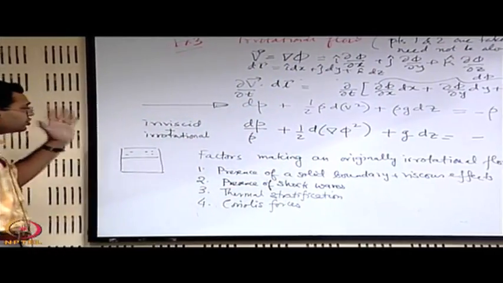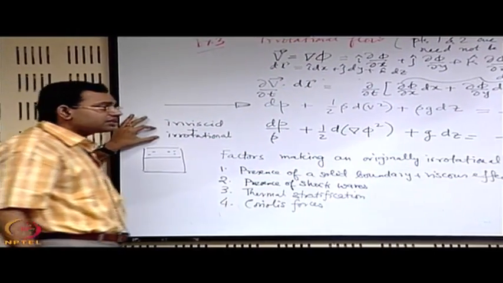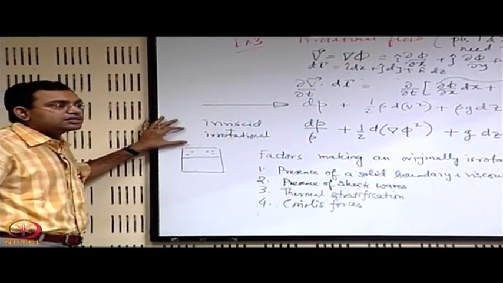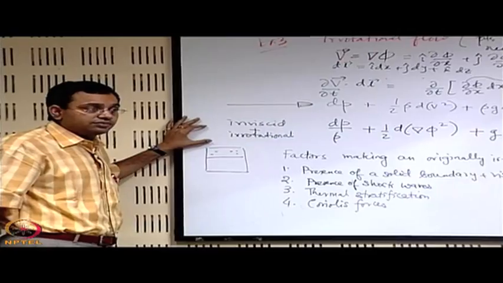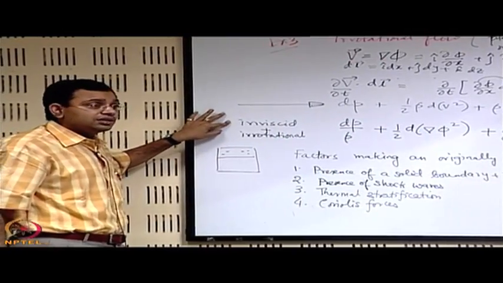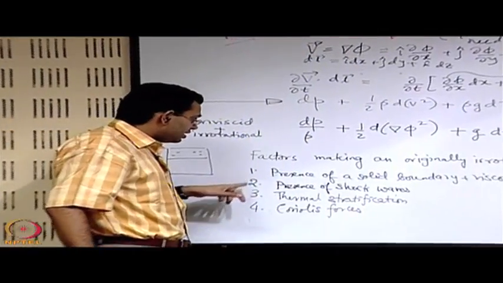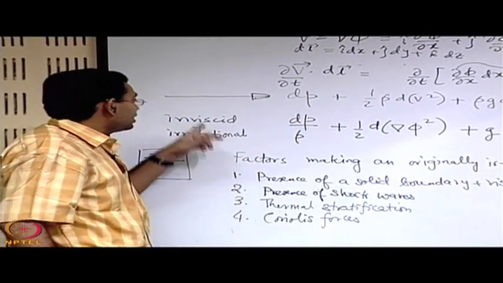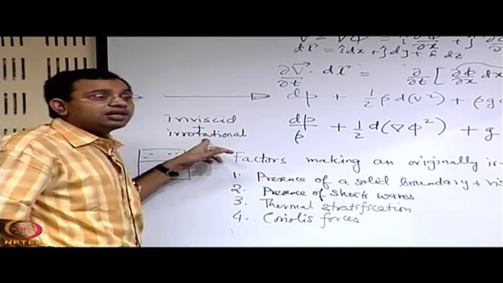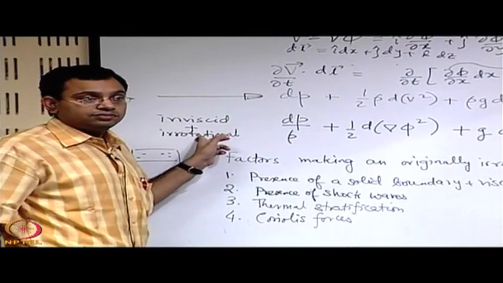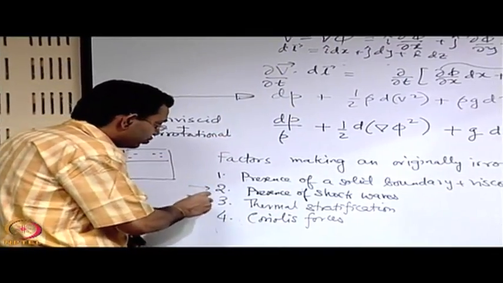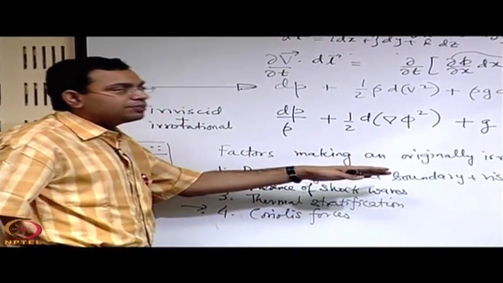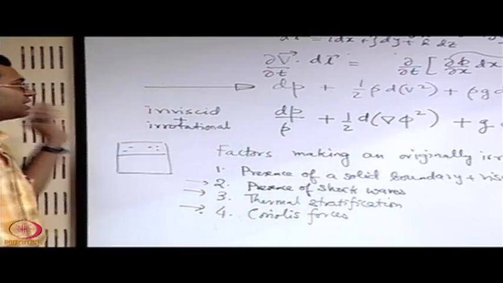So we cannot ensure that if we have an irrotational flow as a reference case or as an undisturbed flow, that it will remain irrotational. But if it is inviscid, and if we consider that effects 2, 3 and 4 are not there in a system, then if it is inviscid and irrotational, originally it will remain irrotational forever. Because let us say that effects 2, 3, 4 are not present, only effect 1 is present, the presence of a solid boundary still will not be able to create rotationality